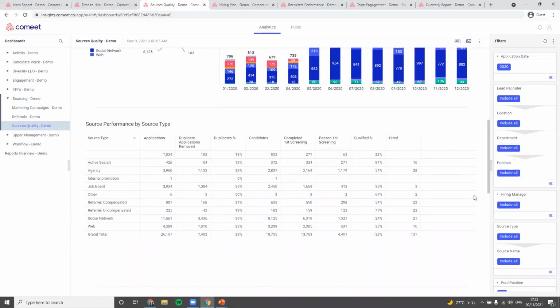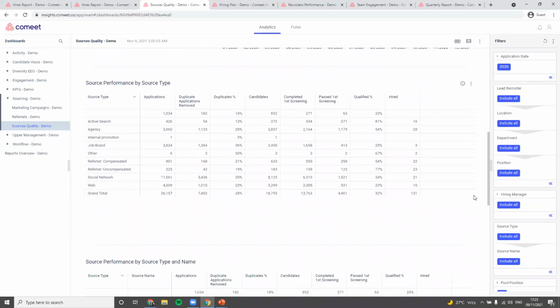The next part of the report, which is the tables, there's actually 3 tables that start from a high level and drill down. And these tables are built exactly the same way. So I'm going to explain about the top table, and then you can do some exploring on your own. The source performance by source type is taking the details that we just saw above. We'll see the name of the source type on the left, the total number of applications. We'll see the duplicate applications removed by different source type, and out of that we'll also be able to see